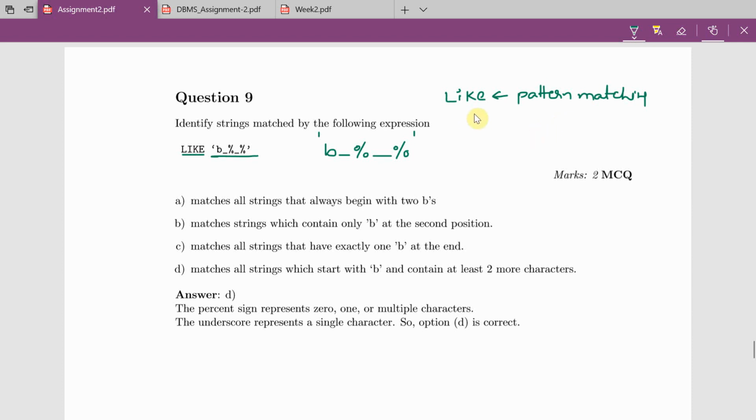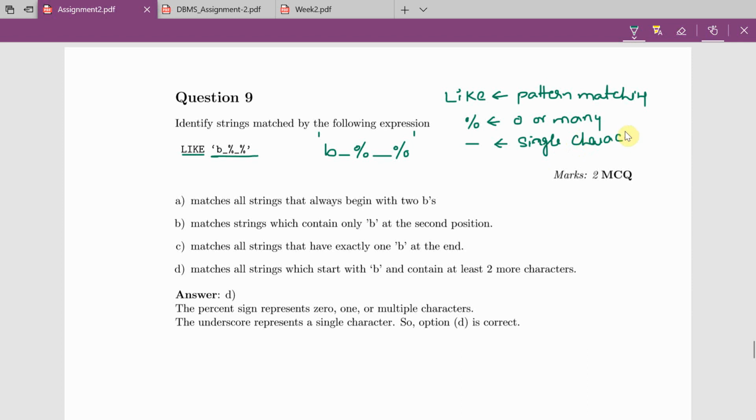And LIKE uses 2 special characters. One is percentile, which indicates 0 or many characters. And also it uses underscore, which is used to specify a single character, means one character.